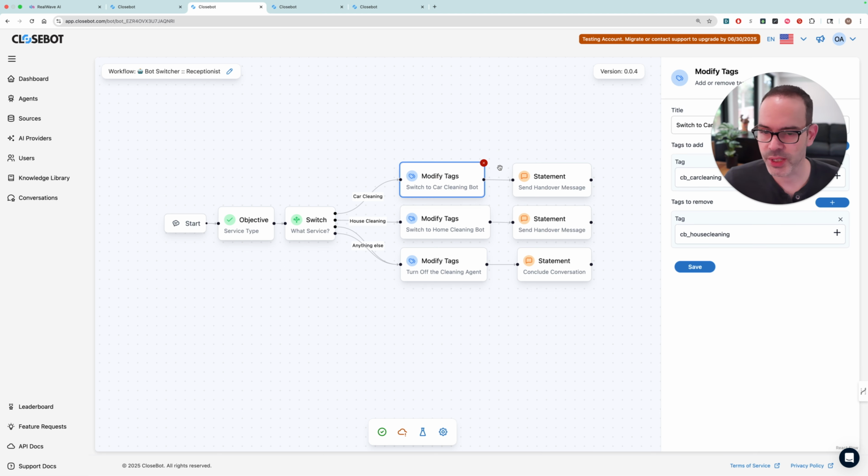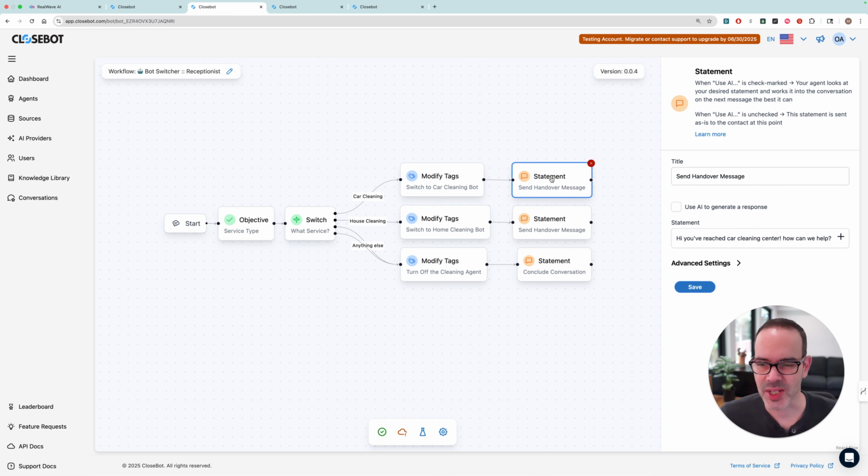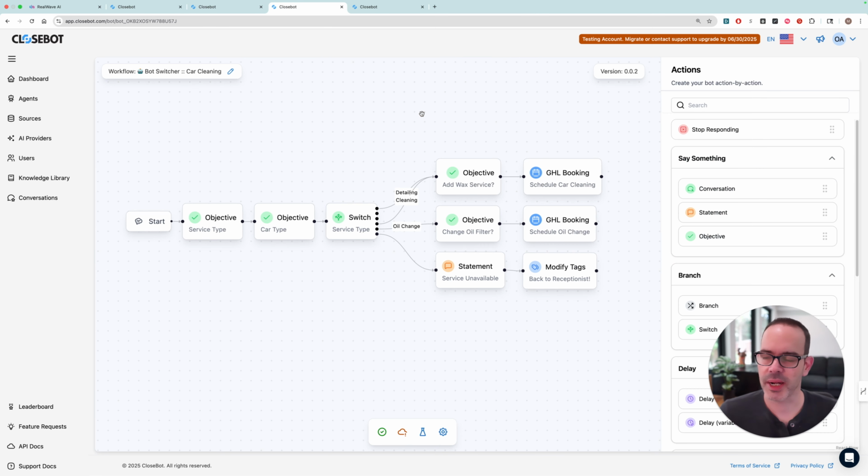And according to the branch, we tag them with the proper tags and provide a handover message to basically send the first message of the next workflow. So after the lead is tagged and gets their statement, the next time they answer, they have the car cleaning tag, so they will be triggered by the next bot. The next agent, which is triggered only by this tag,